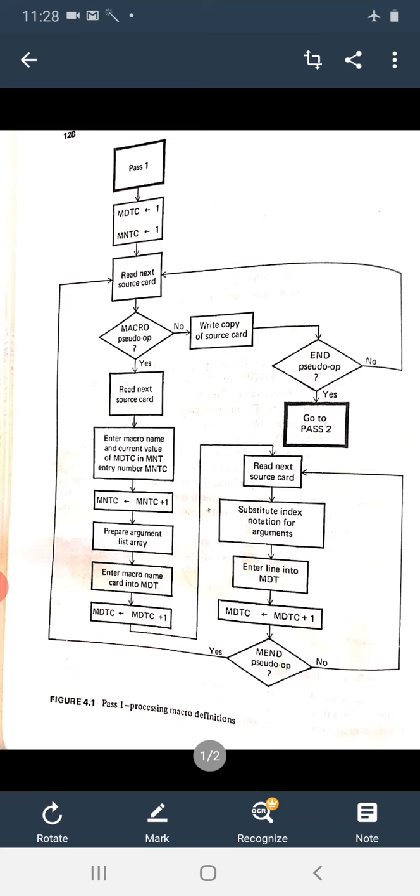If it is a macro end pseudo op, then it indicates that we have reached the end of the macro definition, and then you need to repeat with the next source card. If it is not, then read the next source card and continue with the same until it encounters your macro end pseudo op. Now coming back to the